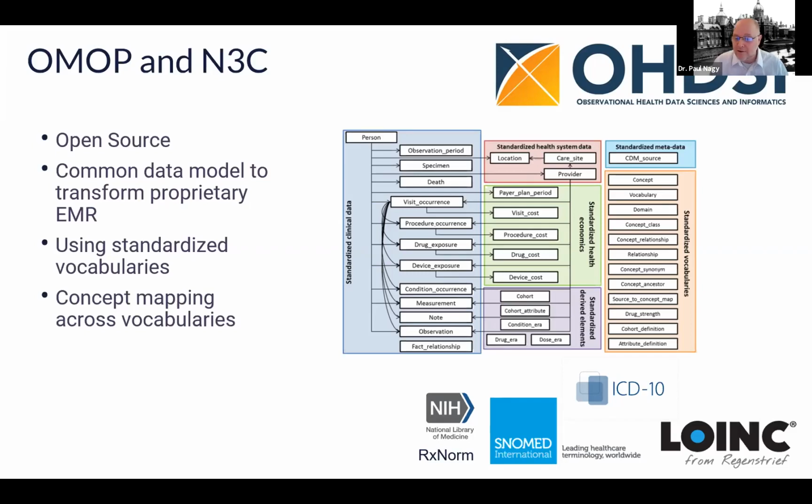These electronic medical records are proprietary vendor-based systems, and they have proprietary data models. There's a large initiative called the Observational Health Data Science and Informatics Initiative, which has a common data model called OMOP. And so we actually led a national initiative last year called the National COVID Consortium, led by Dr. Chris Shute and Melissa Handel, where we converted 60 different health systems' EMR data over into this OMOP data model, and then were able to combine it in a way that we could look for a larger sample